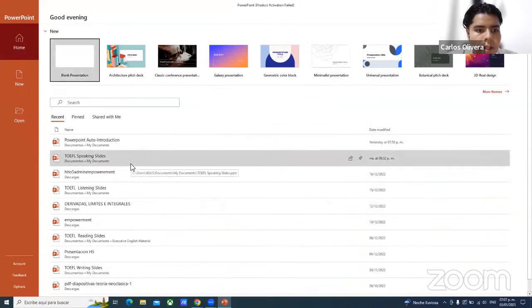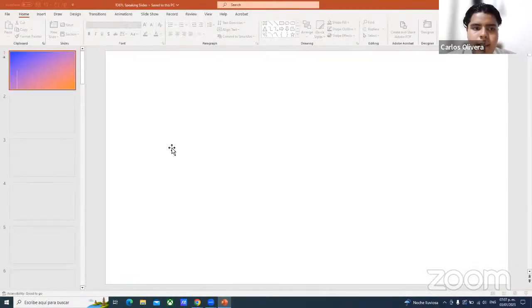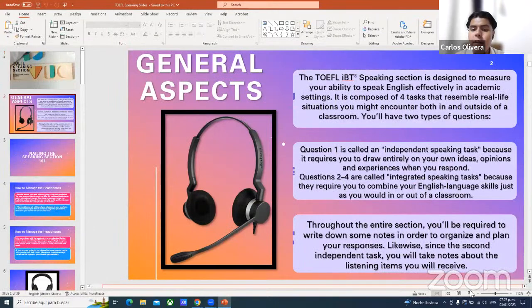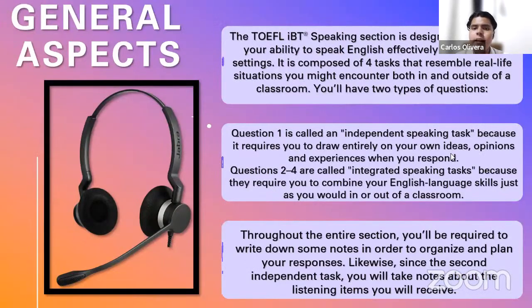Okay, let's go. Let us discuss some of the general aspects of the speaking section to have them very clear in our minds before we move on to the fourth task, which is going to be our specific topic for tonight's class, okay? Well, let us talk about this very quickly. You know that the speaking section is the shortest part of the TOEFL exam. We have discussed this in our introductory class, right?